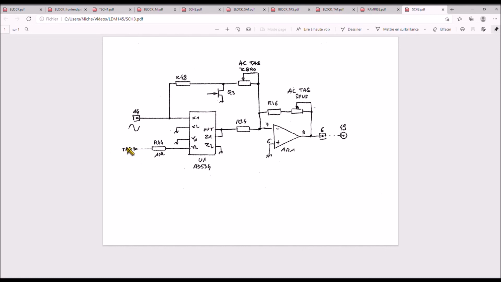The DC true airspeed is fed to one input of this multiplier. The second input is the reference AC voltage. The output of this multiplier is fed to this amplifier, which permits to have at the output an AC voltage, which is proportional to the input DC voltage here. So we have an AC voltage which is proportional to the true airspeed. There is an adjustment of the sensitivity and also an adjustment of the zero. So there is an AC current which is adjustable here. And this was the description of this analog computer.